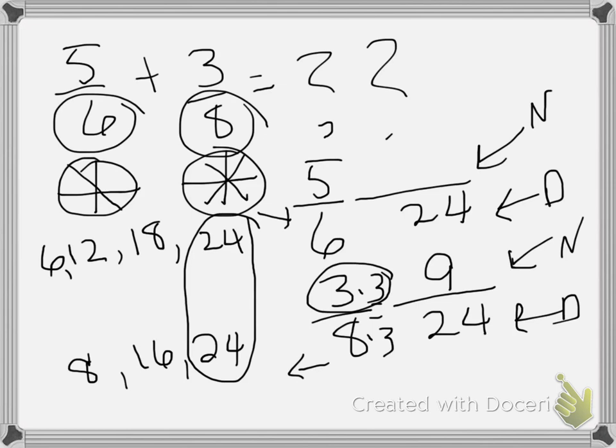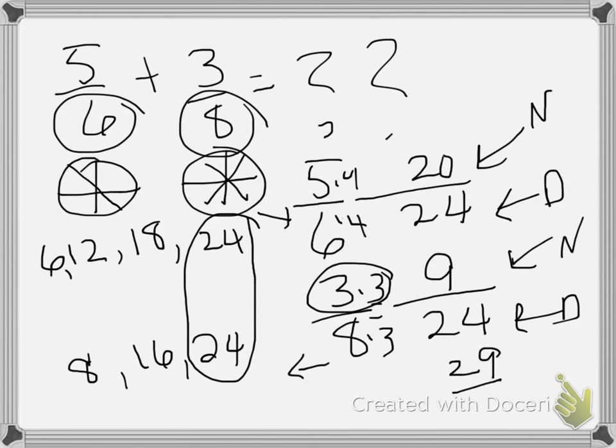Now, let's look at the 24. What times 6 is 24? We have 4. So whatever you do on the bottom, you do on the top: 5 times 4 is 20. So 5/6 is the same size as 20/24. Now the pizza is sliced up into 24 slices for these two pizzas. So if we add them all together,